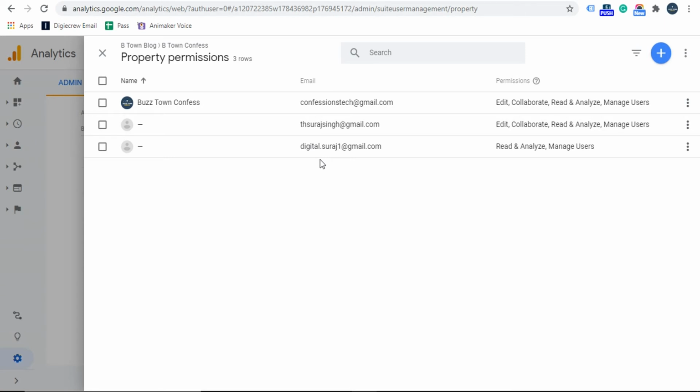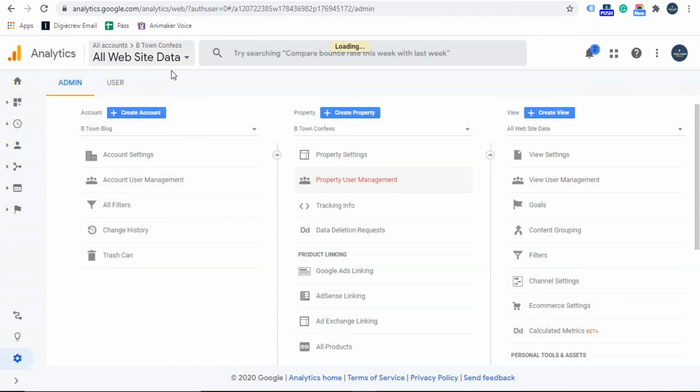It would show that the user is added, but that particular user needs to either check the email or sign in to the Google Analytics account to see whether they have been granted the access or not. So I'll take you to the analytics account of this email ID, and let's see whether we have got the access to btownconfess there or not, right?